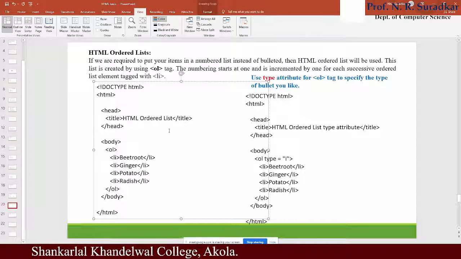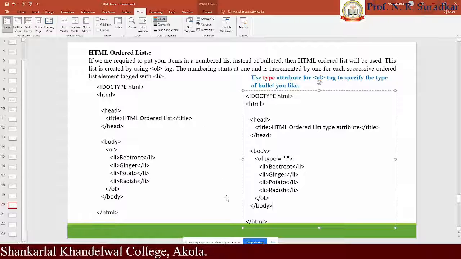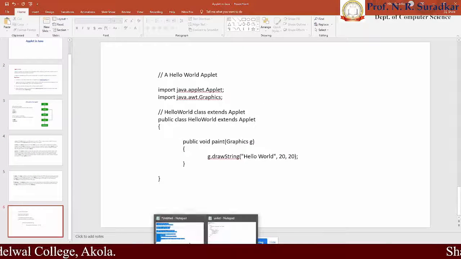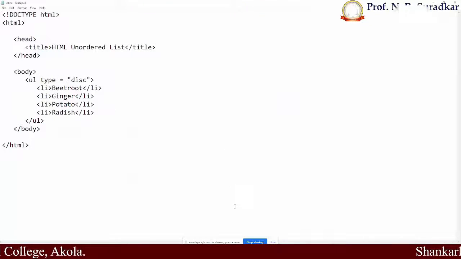Without copying and pasting, whatever program we already had, we only made the changes into that. Opening that program, what is the main change given here?